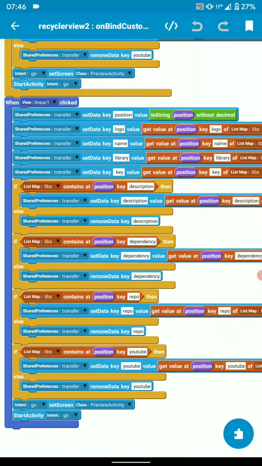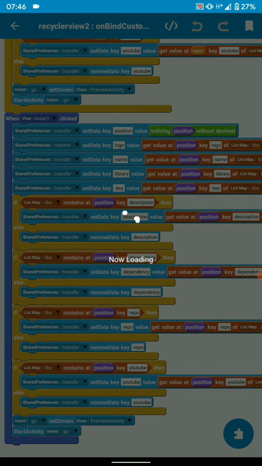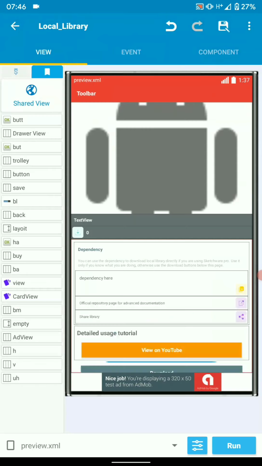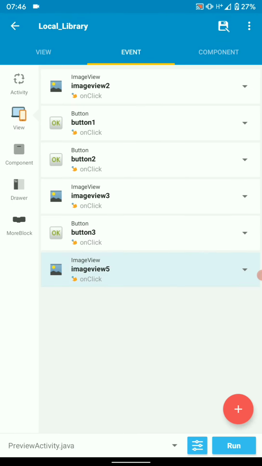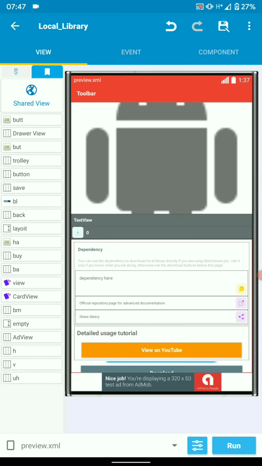So transfer position, there I get the position. This is the position we handle in the activity where we share the dynamic link from here. Then a title, we need a title. You can put any title there, but I want my title to be the name of the library. So the name of the library will be